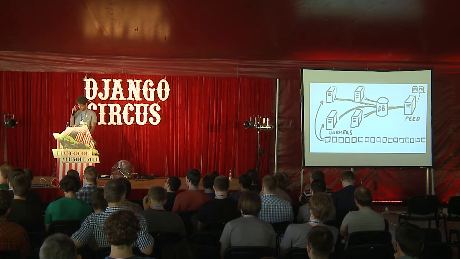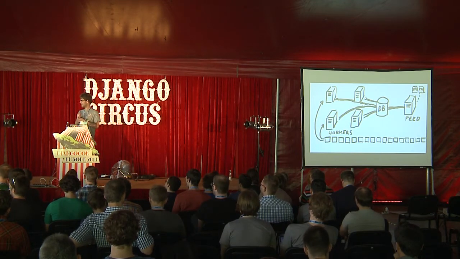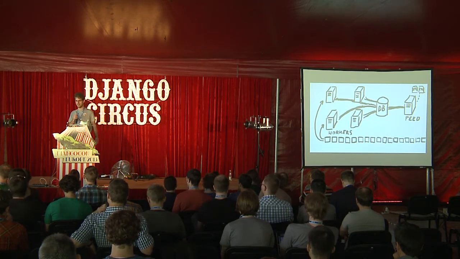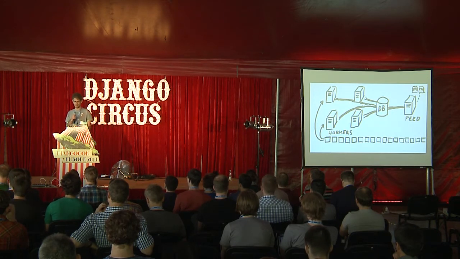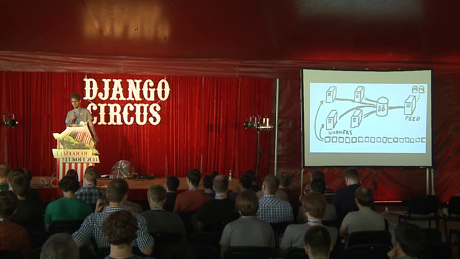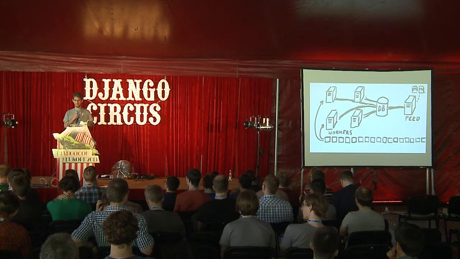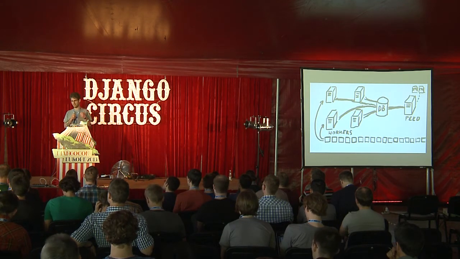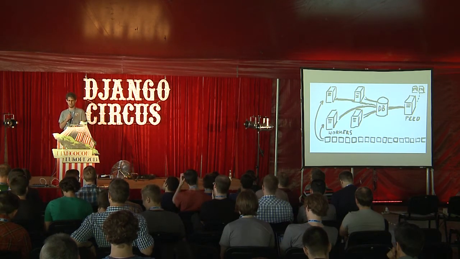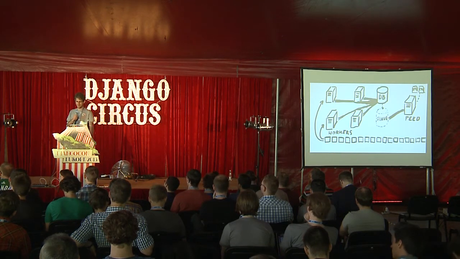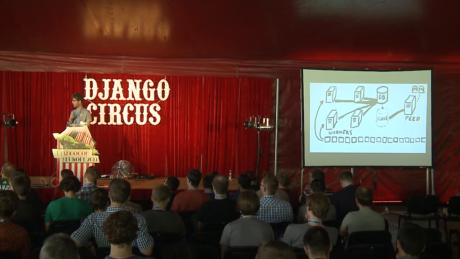So basically, when you think about this, the feed server on the right just needs to read the database in sequential order. And the workers on the left are doing random access to different parts of the data. So that's one of the things. With one database, it's very hard to optimize the engine for such loads. So a slave would be great.